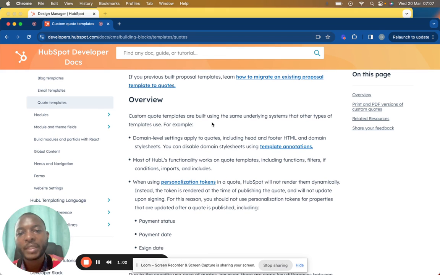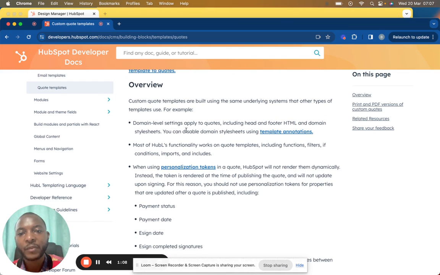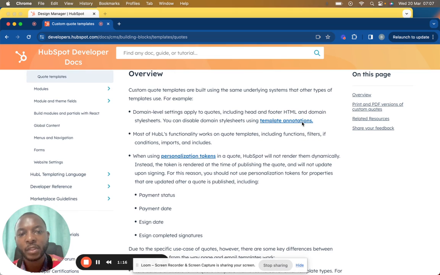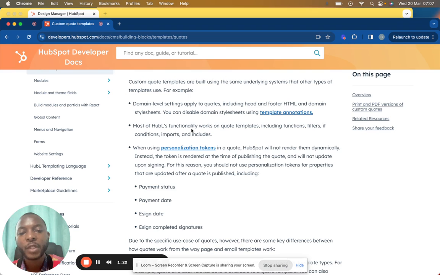Overview: custom quote templates are built using the same underlying system that other types of templates use. For example, domain-level settings apply to quotes, including head and footer HTML and domain style sheet. So you can disable domain style sheets using template annotations there. And most of HubL functionality works on quote templates, including functions, filters, if conditions, import,